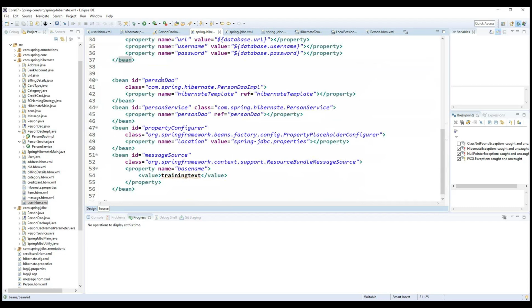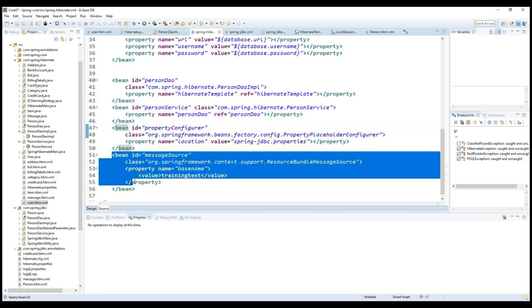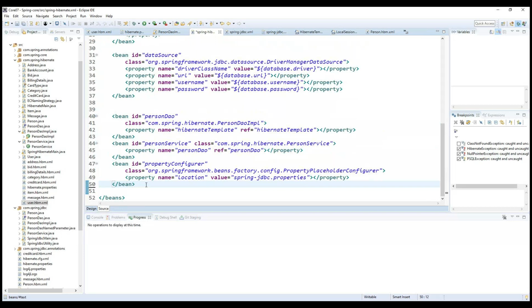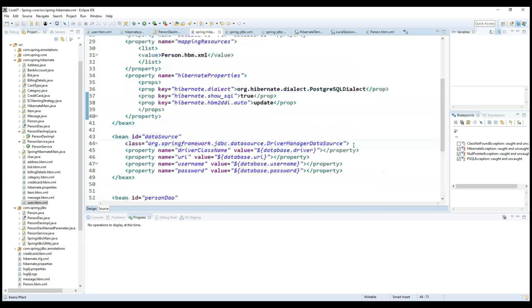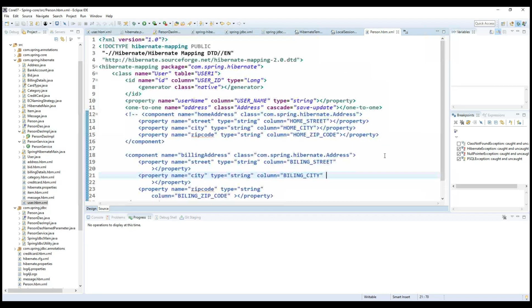Okay, so this is the data source we provided, and person DAO, like a person service. So the property we are passing here, because we are trying to use the property file, so that I'm using. So we don't need this particular message resolver here, because we already discussed this particular message resolver in our previous example here. Okay, so this is an important example we are trying to discuss here. Now what we can do, we need to create this particular HBM file. So if I want to provide this particular HBM file, what is the table we can create here? Something like a